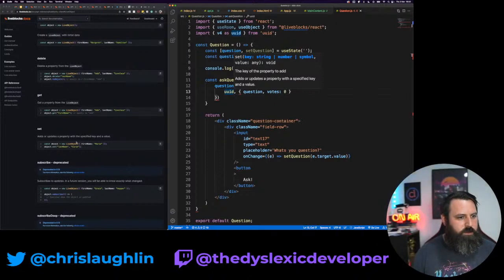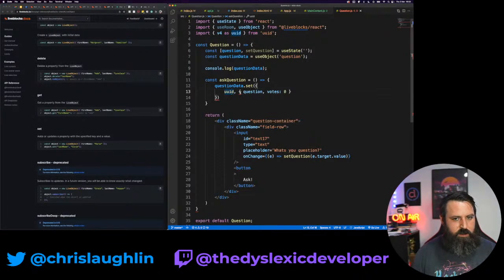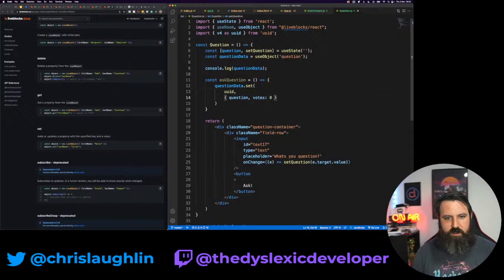So when we do set, it's taking two strings. We're passing it a string and an object. Is that correct? Why is it giving us this underline? Oh, no, we're passing an object instead of just two parameters. Okay.